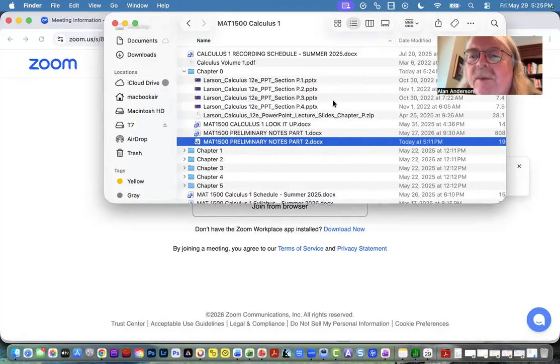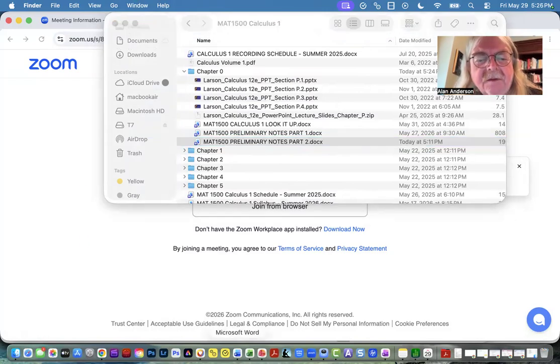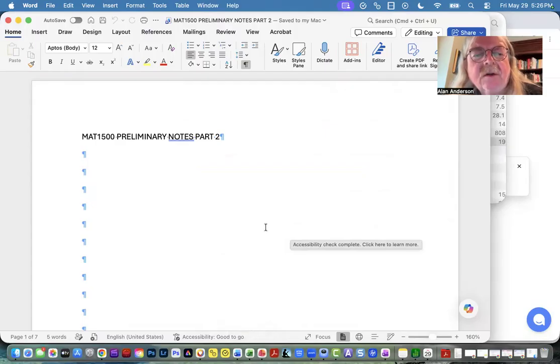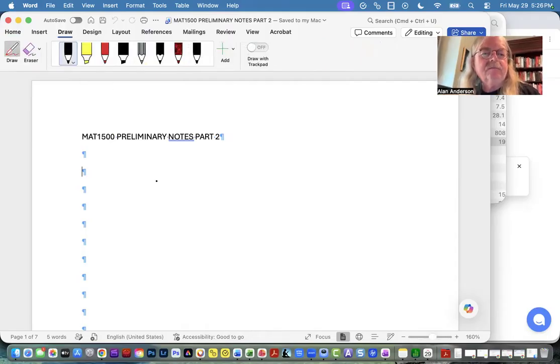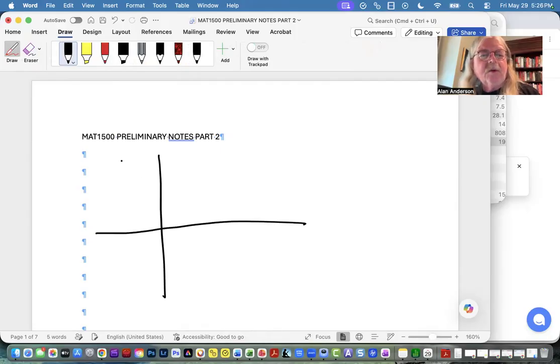So let's get back to where we left off last time, which is we were looking at the concept of symmetry. Okay. And so what is that all about? Well, there's three different ways we can find symmetry for a function. Okay. So for example, we might have this case, a nice parabola,